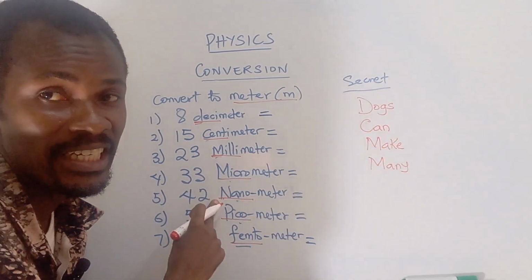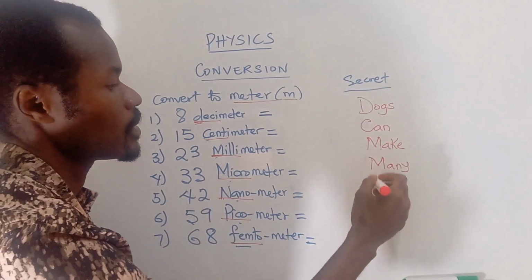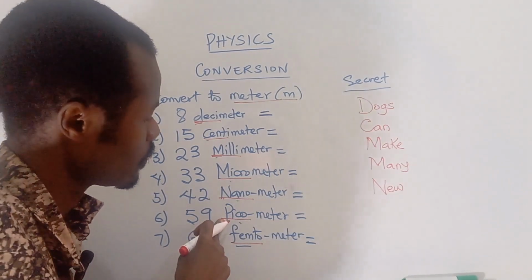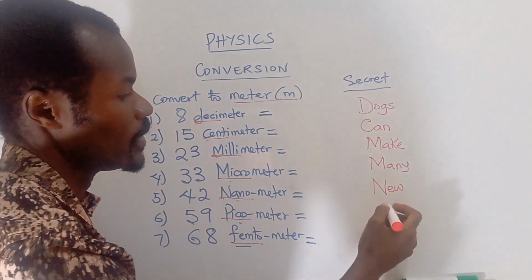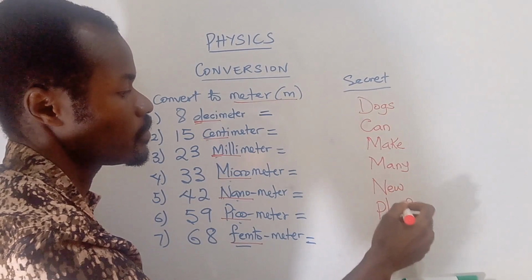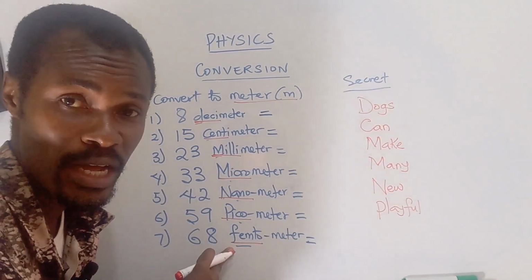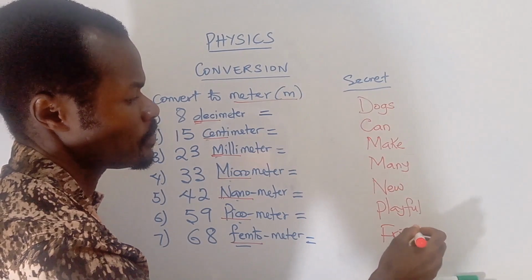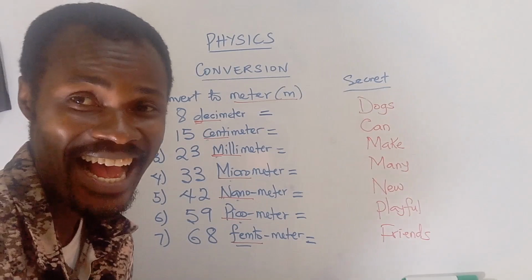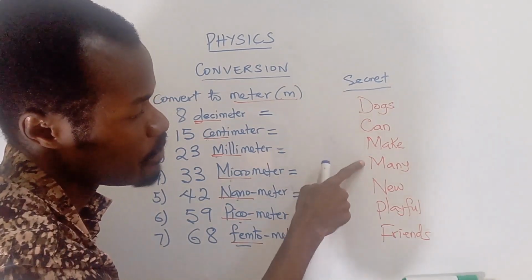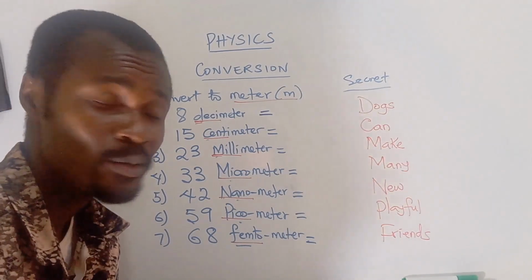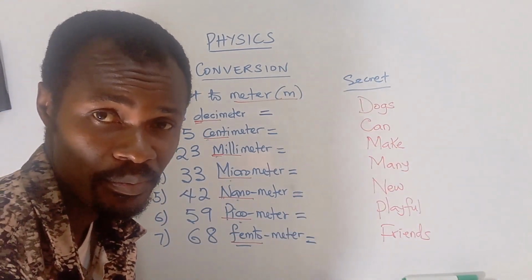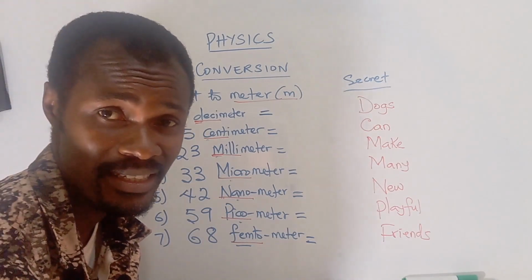And for nano, we take the letter what? N. So we say new. And for pico, we take the letter P. And for P, we are simply going to say playful. And for femto, we are going to take the letter F. So we'll say friends. Now let's check if it has some meaning. So dogs can make many new playful friends. Wow. So with this, we can recall using our dogs for deci, can for centi,